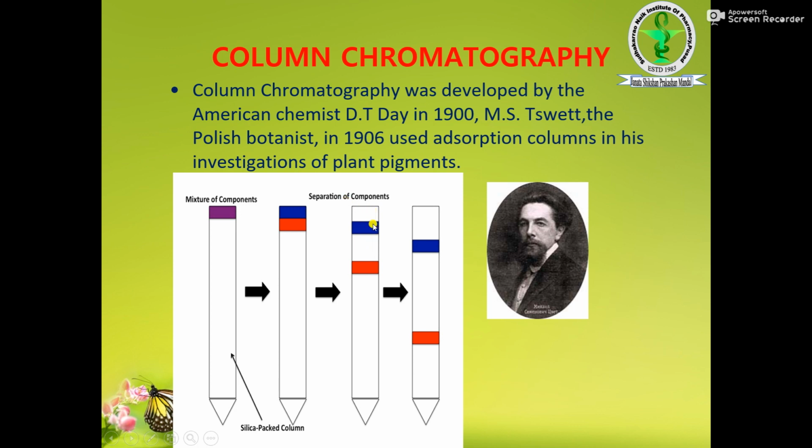The adsorbent adsorbs this blue color, and this orange color starts to move because it has less affinity, while the other has a higher affinity. Slowly, you can easily observe that this one has more affinity, that's why it separates out later, and this one has very little affinity, so it goes faster to the downward side and gets eluted first,